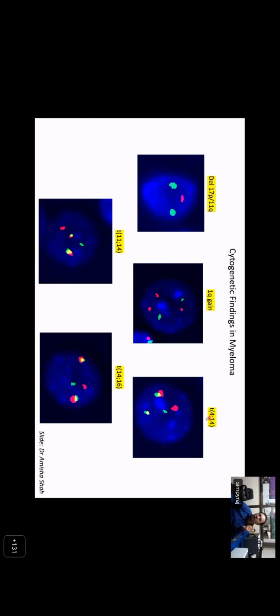The same way, there is a translocation between chromosome 4 and 14, so you can see two signals fusing here. You can see there is a fusion between the two signals. The same way 11;14 fusion is there, and again 14;16 fusion is there. So these are the commonly done